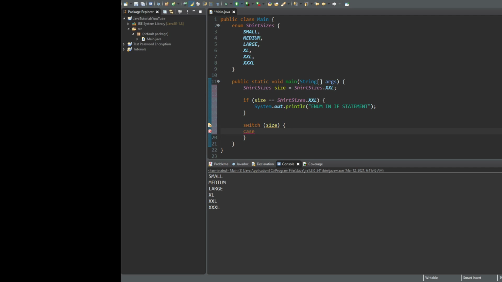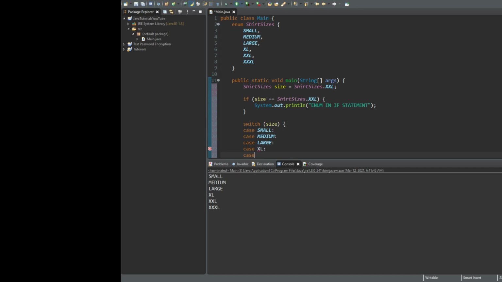So case small, case medium, case large, case XL, case XXL,